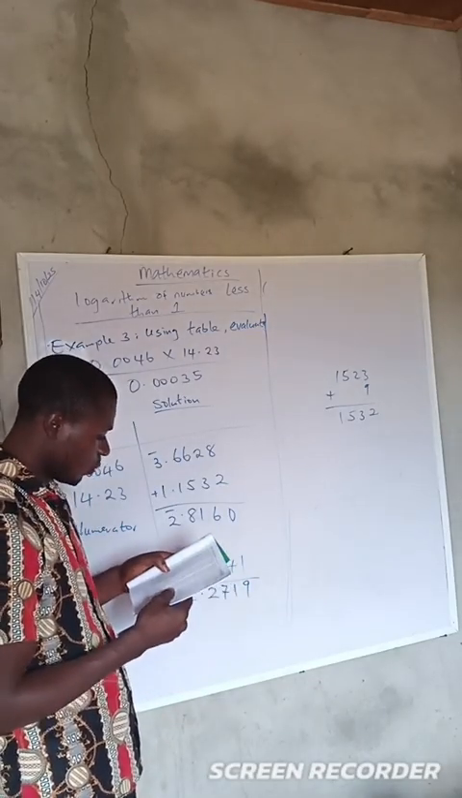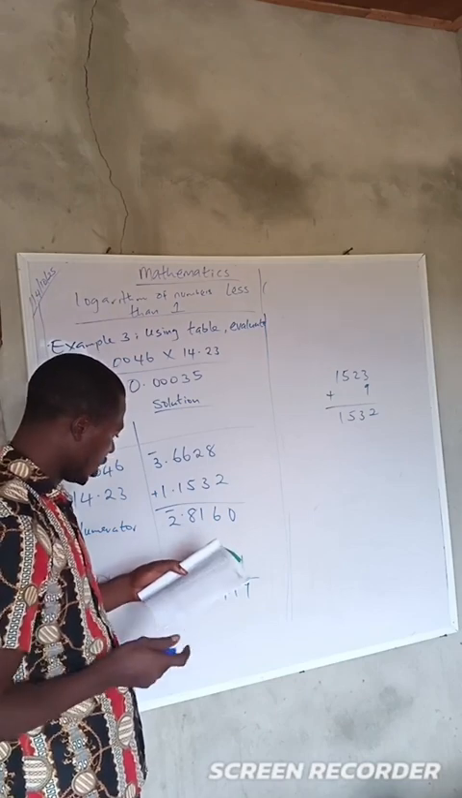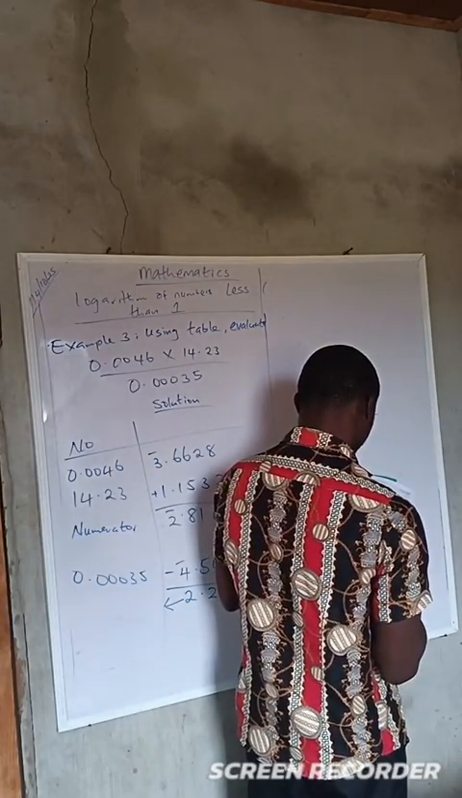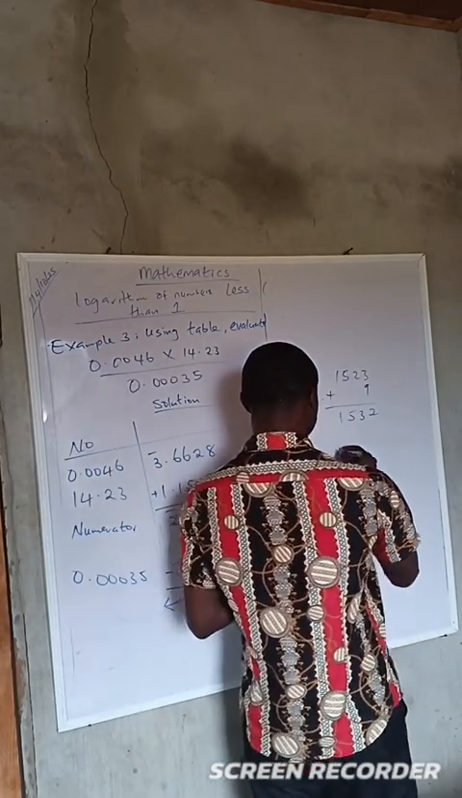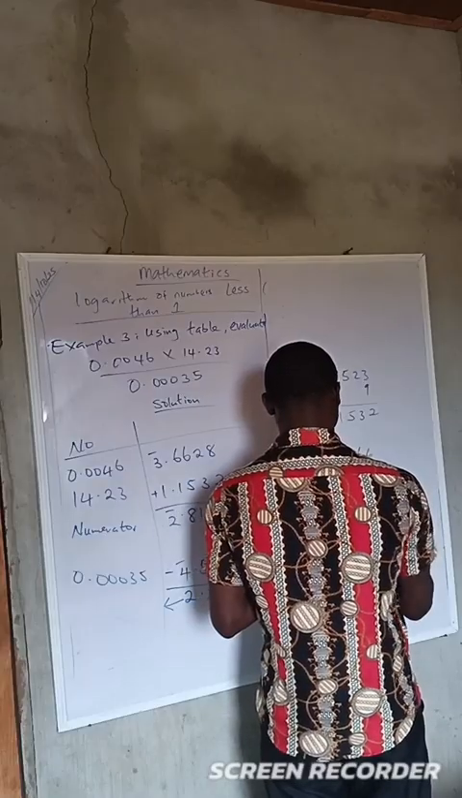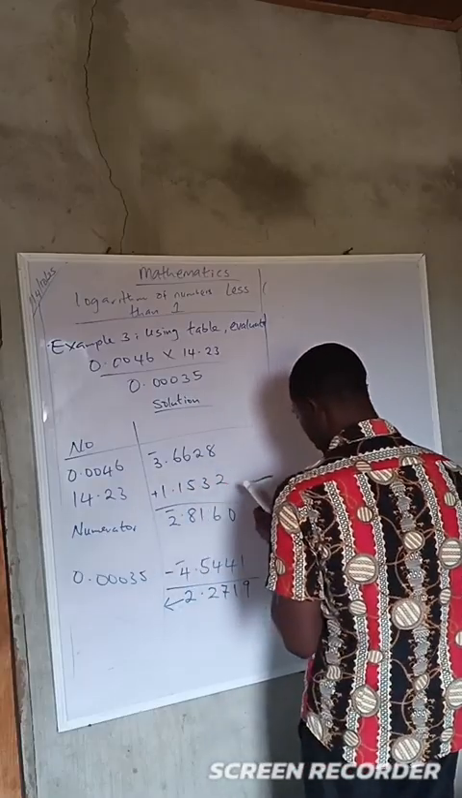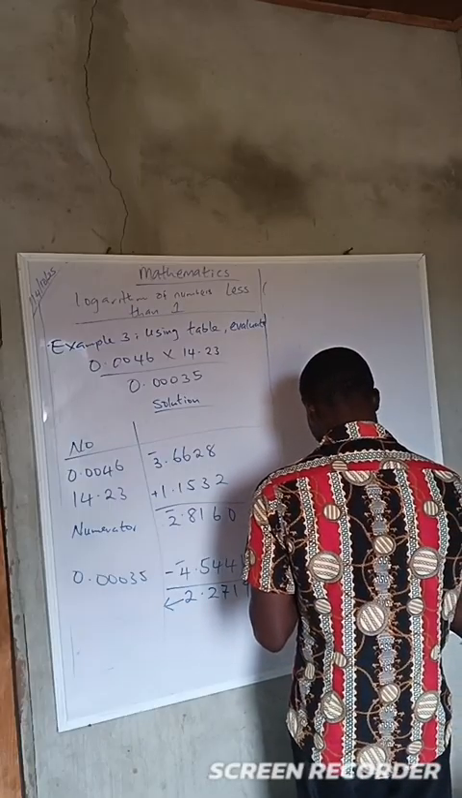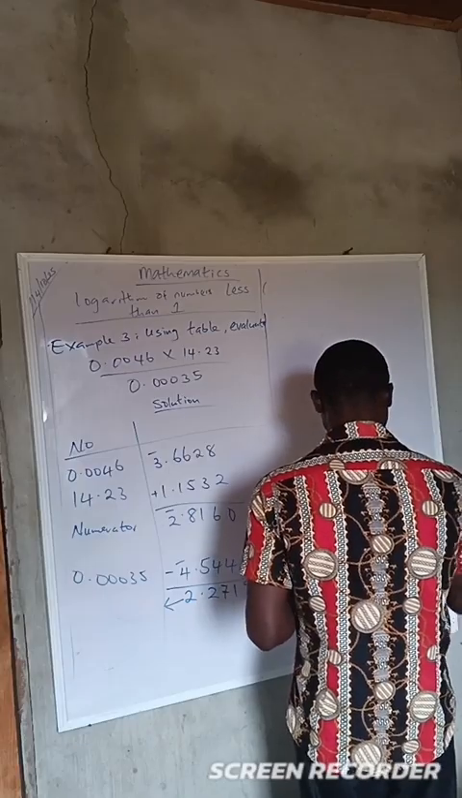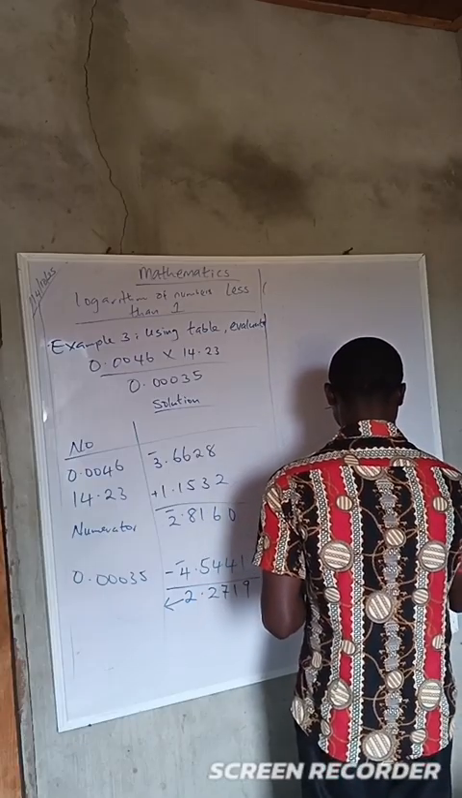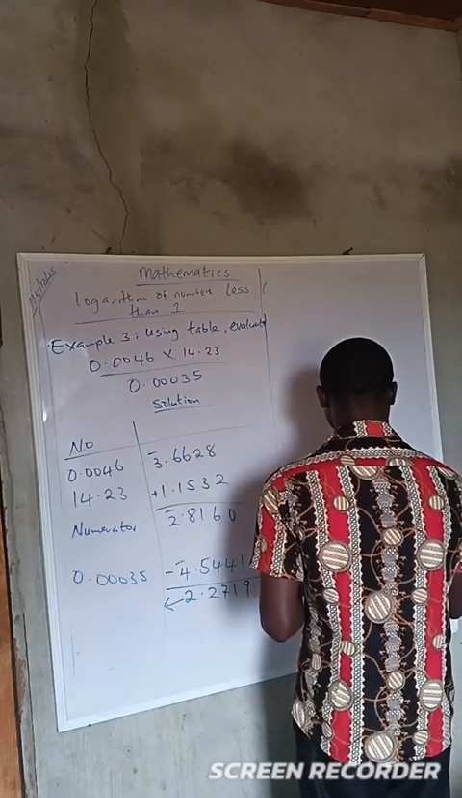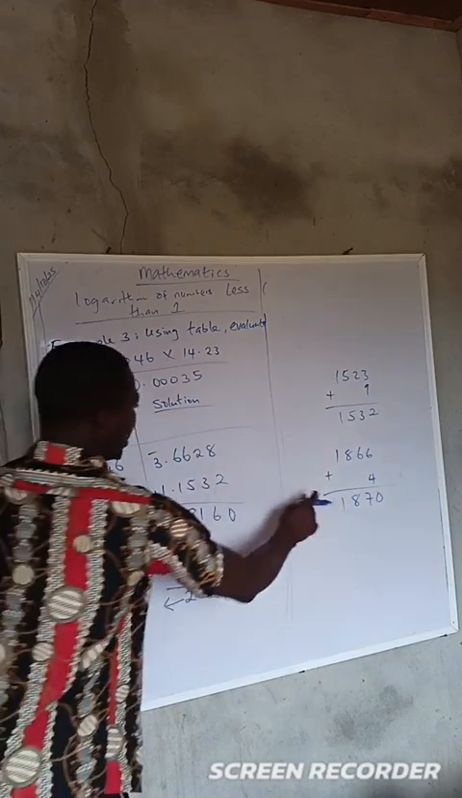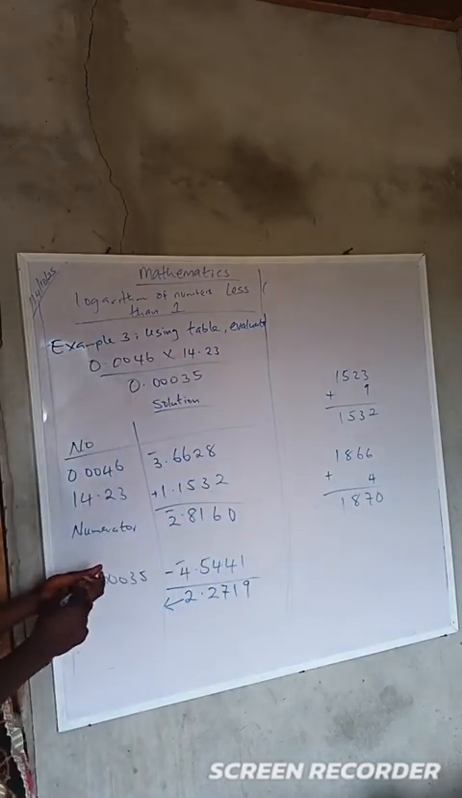Check 0.27. 0.27 under 1 is 1866 plus the difference 9. Difference 9, you have 4. So you have 0, 7, 8, 1. 1870. So you are going to write this 1870 as if you are writing a number that has been expressed